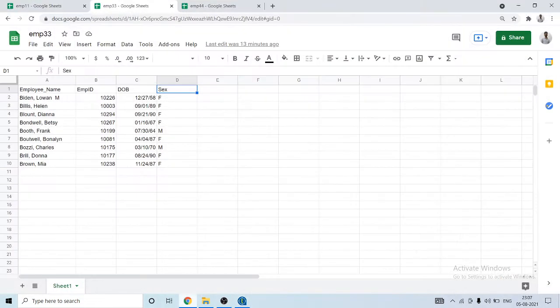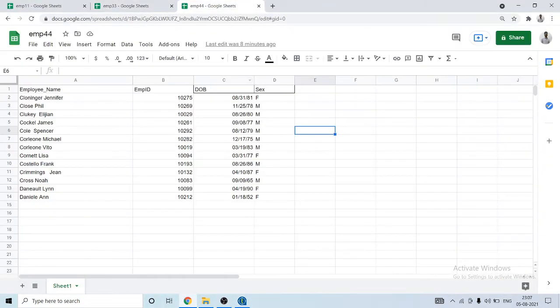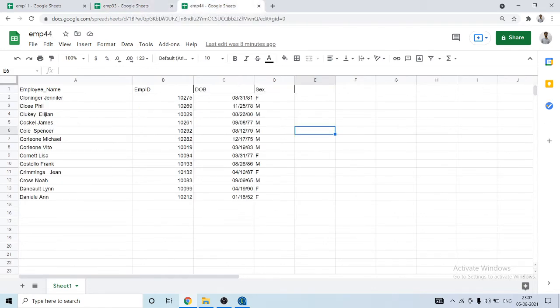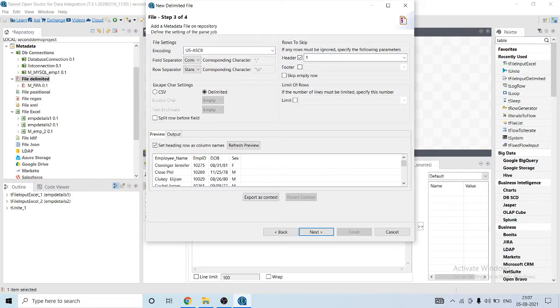Okay, what the heck have I used here? Since CSV is comma separated, when I use the comma selector, it will consider Biden and Lovan M as separate columns. So what I've done, I've pre-processed it and removed commas from all the values, so it is considering it as one single column. Click on next.